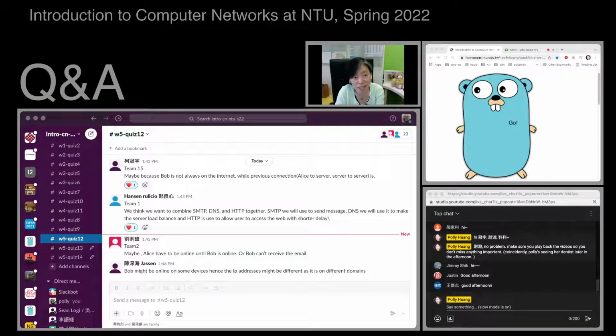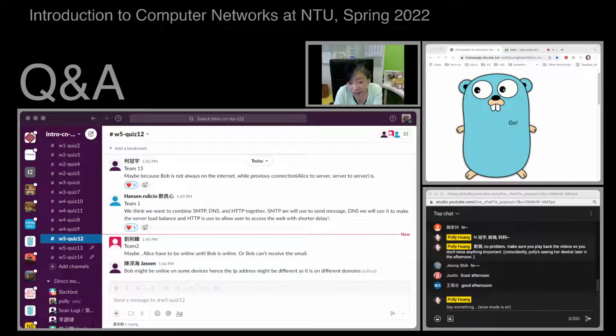Therefore, SMTP cannot work all the way through to Bob. Yeah, if we rely on SMTP to reach Bob, both of them need to be online, and where Bob is needs to be known to the receiving mail server, isn't it?